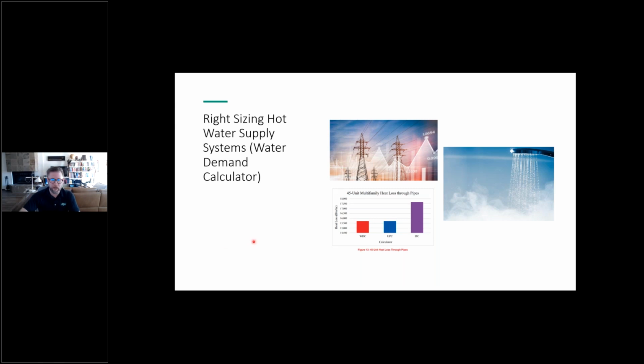As an example here from an ARAP report that we just published on that webpage, which you can download for free, along with the calculator itself, we saw significant heat loss and water savings by right sizing with the water demand calculator. So as opposed to Hunter's curve, which is just kind of represented there by the purple line. So when you look at the